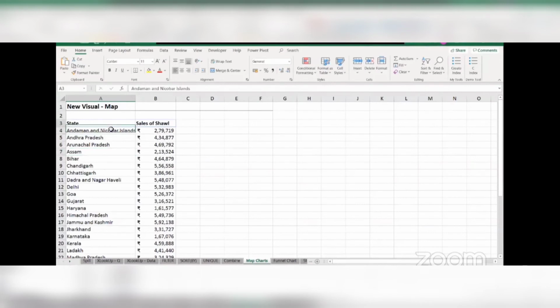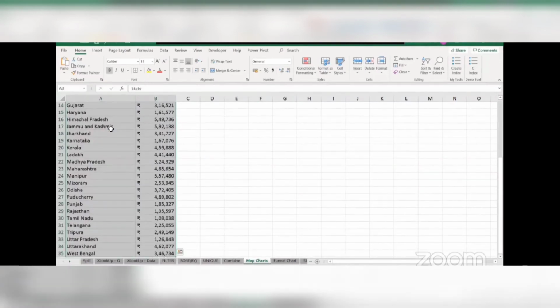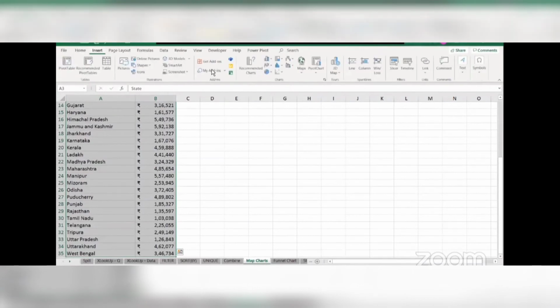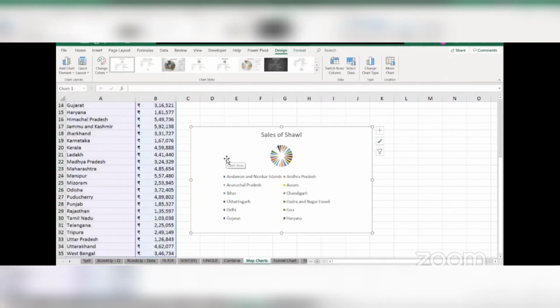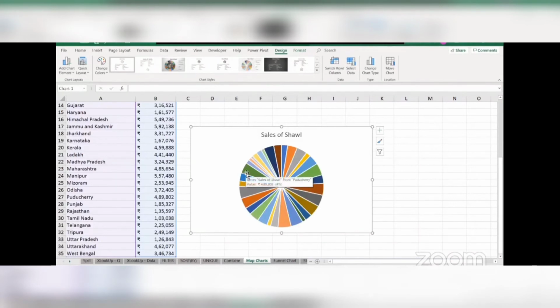If I select my entire data, so if I select Control Shift right, Control Shift down, go to Insert and insert a pie chart, notice how, because we have so many values here, the pie chart is not at all useful. It has multiple slices and we cannot understand anything that is going on here. Even if I delete this and extend the pie chart, it looks like a colorful wheel. How do you expect anyone to understand anything from here? So pie charts are not the best way to understand this geographical level data. Pie charts are a complete no.